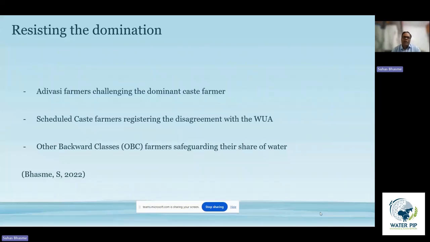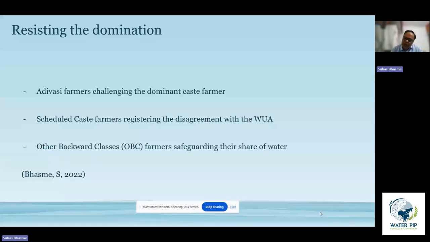Similarly, in the case of scheduled caste farmers, when incidents of creating hindrance to accessibility to water occur, they time and again go to the water user association and request them. They also ensure that they understand that this can be counted as an act of atrocity, where they can actually file a police complaint for being discriminated against because of the identity of these farmers. But ultimately, even in this case, they finally had to resort to violence in ensuring that the water accessibility is maintained.